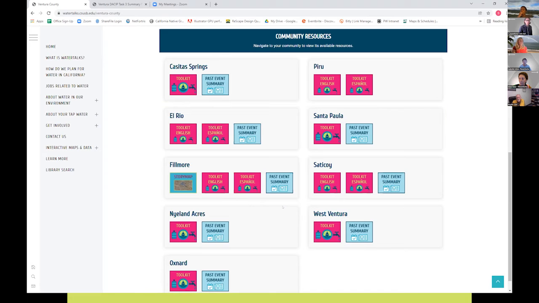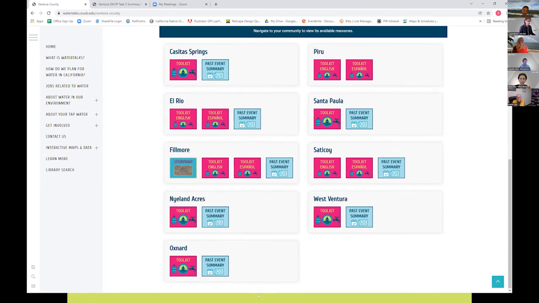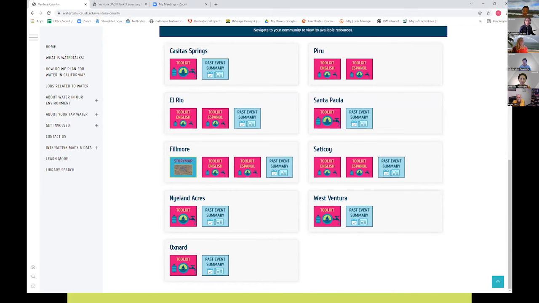And more information, a deeper dive into each community regarding resources, who to contact, and a lot of other really helpful information. So thank you, PlaceWorks. PlaceWorks put that together as well. And you'll see the look is similar to the look on our presentation material today. So thank you, Spence. Just wanted to point that out to everybody.